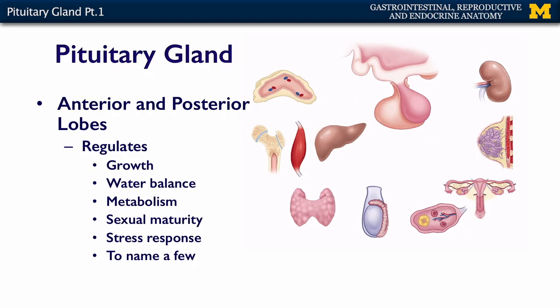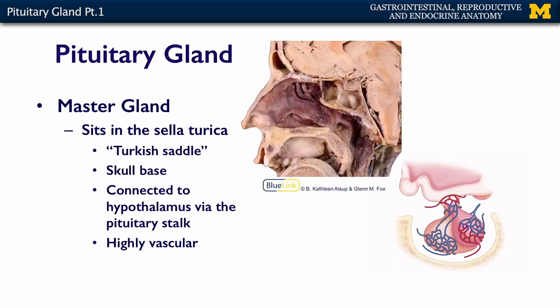The pituitary gland, both the anterior and posterior lobes, as you can see from the illustration, regulate lots of different parts of the body. They control growth, water balance, your metabolic rate, sexual maturity, responses to stress in the environment, and that's just to name a few of the things that the pituitary gland has an influence over. So the pituitary gland is an extension of kind of your brain. It sits up in the top of the base of the skull, kind of at the bottom of the brain,